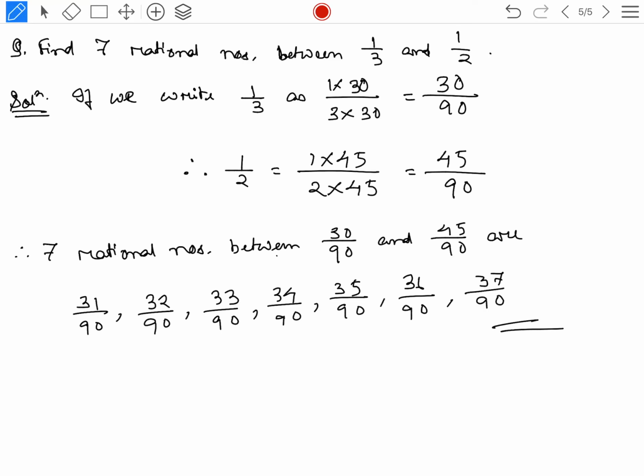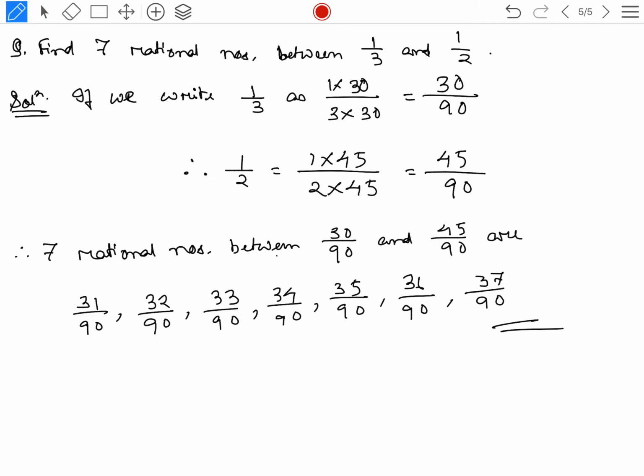Okay, what you need to do, you need to make the fractions a little bit larger, and both rational numbers should have the same denominator, as I have done here. The first rational number I made a little bit larger, and the second also I made equivalent such that the denominator is same, that is 90. Understood? So in this way it is easy for you and more convenient for you.